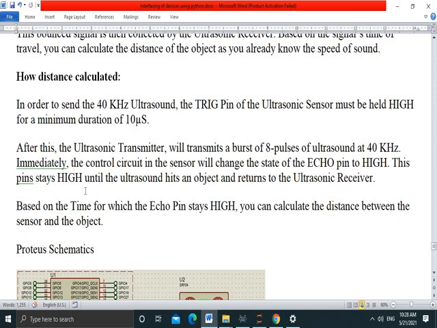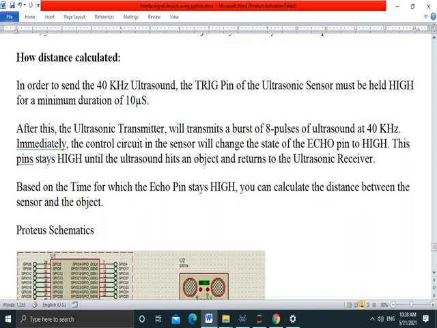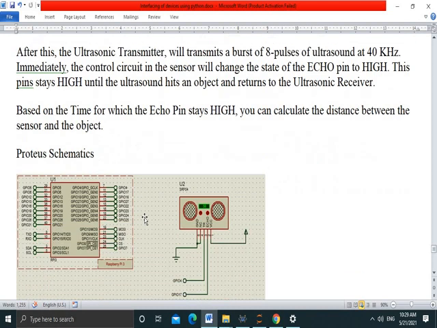We turn on the timer in the program when the echo pin is high, and then calculate the distance using the time.